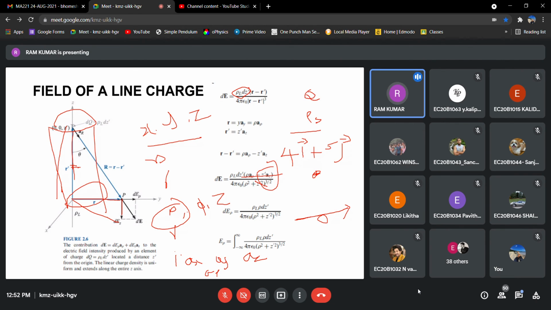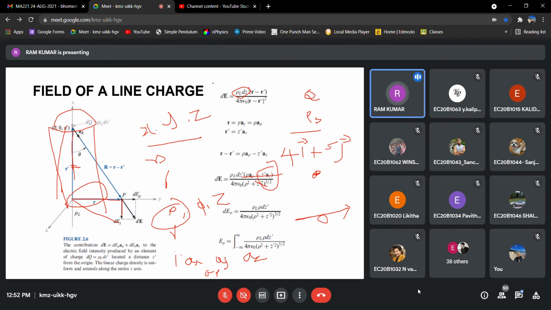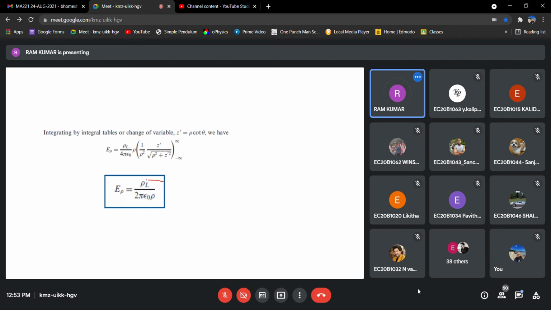You see, this A row and A z are unit vectors in a cylindrical coordinate system. So to find the electric field at this point due to this line charge, we have to integrate over that. Now you have the exercise. You may use any method, the change of variable method or any other direct formula. You have studied differentiation and integration, right? Just integrate it and arrive at the final solution.